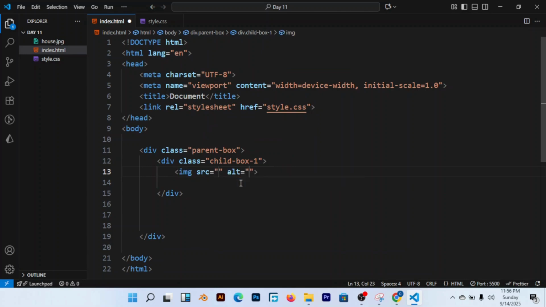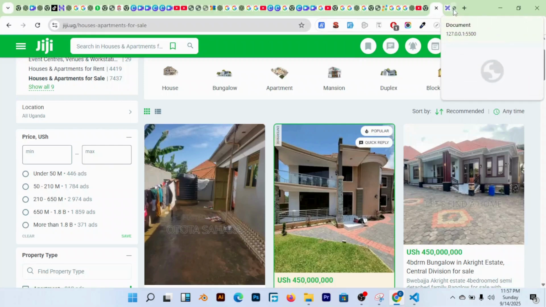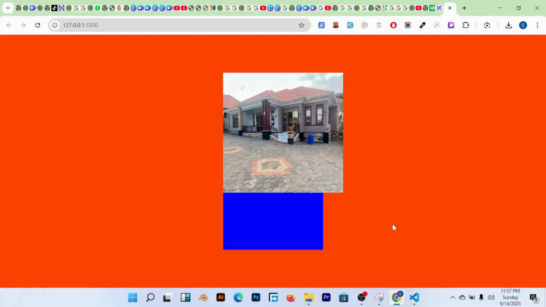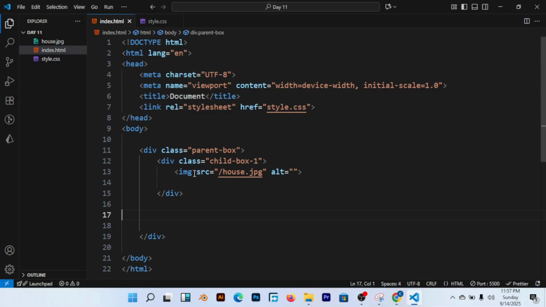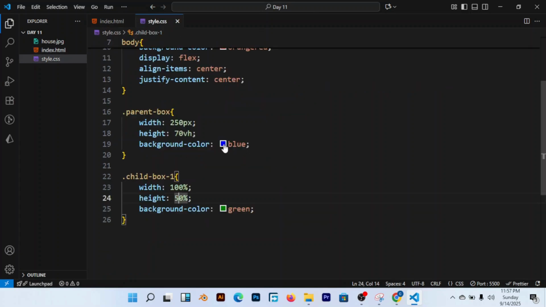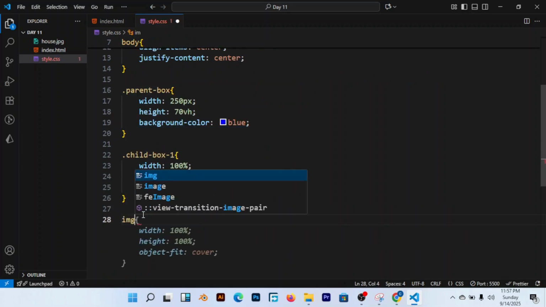Guys, if we did study, if you don't have any knowledge about this, please go back and watch our videos where we're studying about image tags like that. Okay. So I come here, I say slash house.jpg. Okay, it's there. So I'm just going to come on this image here, as you see it here. I give it like a name. I can even come here, I say image img,